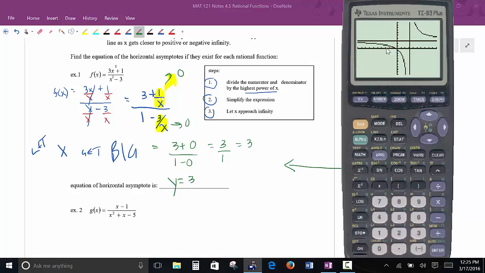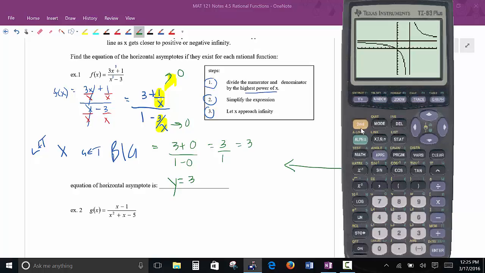Okay, if x gets smaller, isn't the graph just leveling off? That's never going to touch y equals 3. It's just going to get closer and closer and closer to it. Okay? Now, one other good thing to show students on this, if you want to try this,